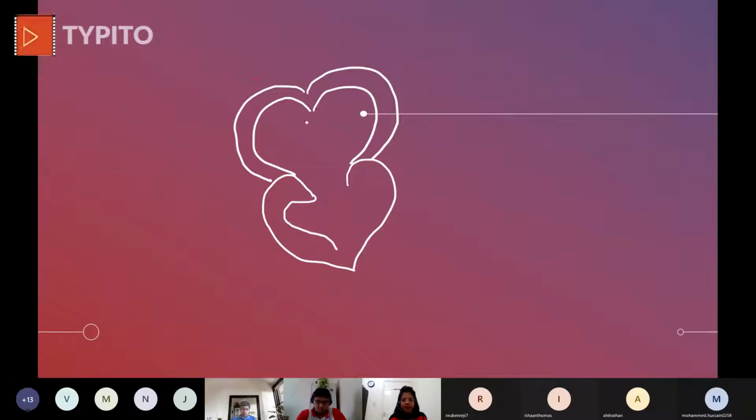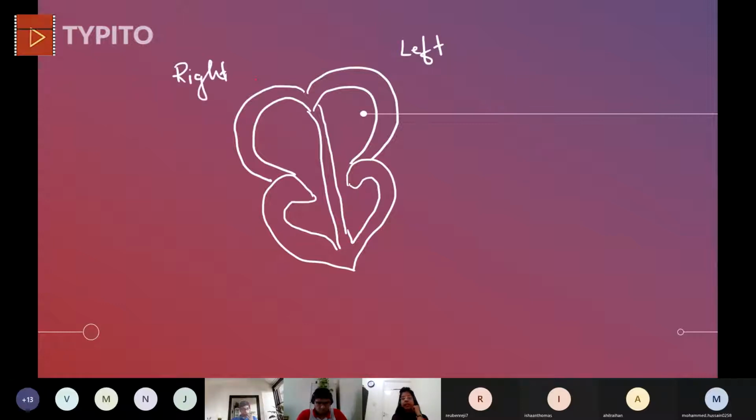Now I'm drawing the diagram of the heart to show the chambers of the heart. Before labeling the chambers, imagine I'm a doctor observing the heart of my patient, and my patient is sitting next to me. So I am observing his heart. So it is his left side and it is his right side. Correct. My patient is sitting opposite to me, so my right is my patient's left side and my left is my patient's right side.